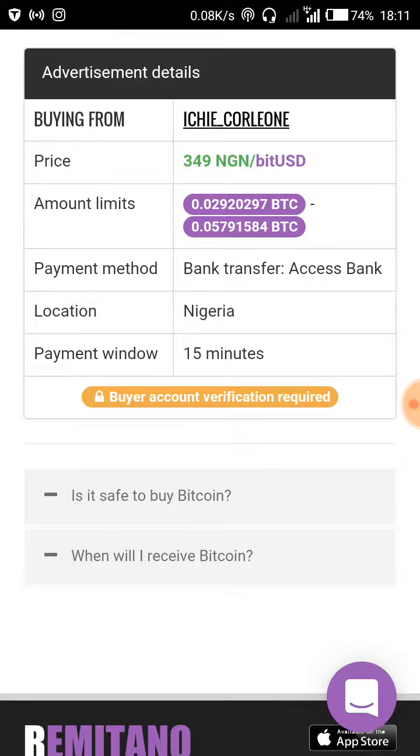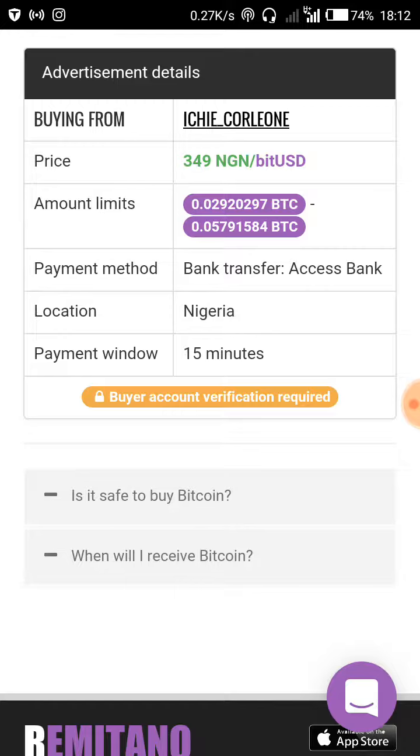That one is very sure. Okay, they are an escrow service with the best customer service I've ever experienced. Forget Luno, forget all that you think you know. This is the best for Nigerians. I'm telling you. I've been with them for quite a while now, and I've never regretted for once buying or selling there. Even in the middle of the night, if I want to buy Bitcoin, I just come here.